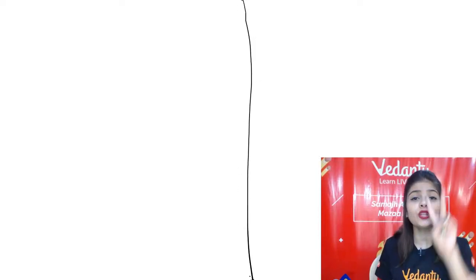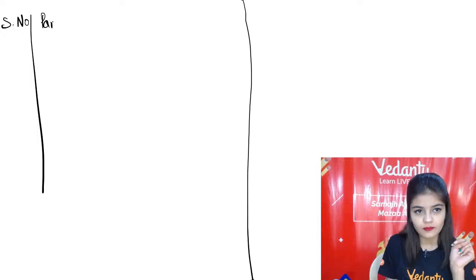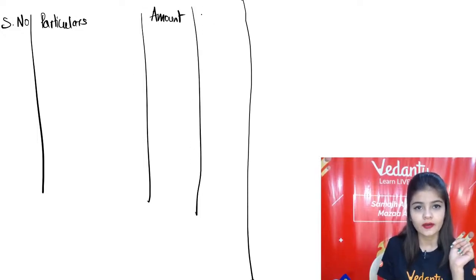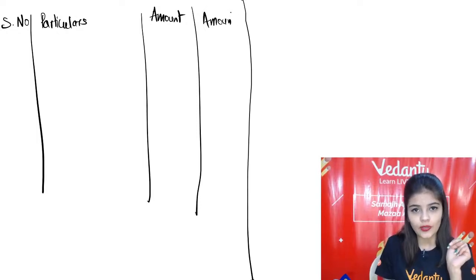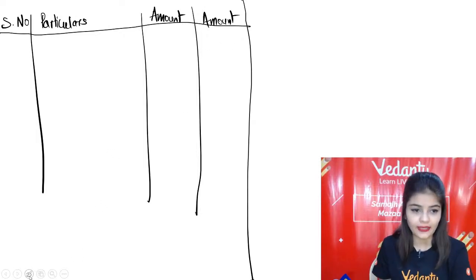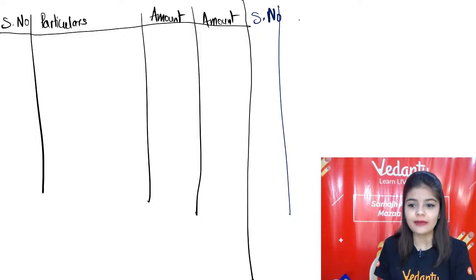हमारे BRS में 2 फॉर्मेट हैं. There are 2 formats. Serial number, particulars, amount and amount. This is the first format. This is the first alternative of preparing the format. And the second alternative, एक और फॉर्मेट है, that is serial number,